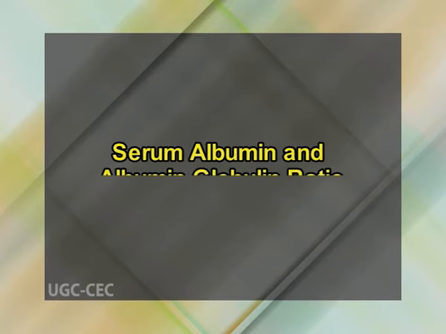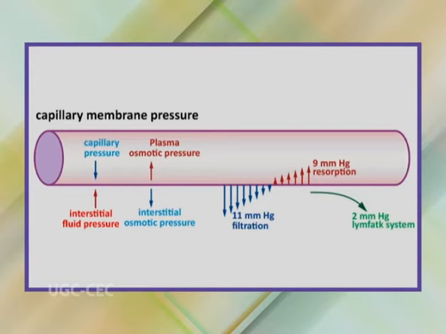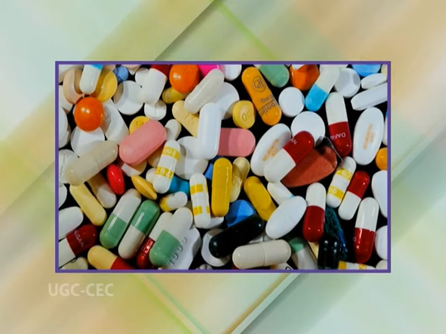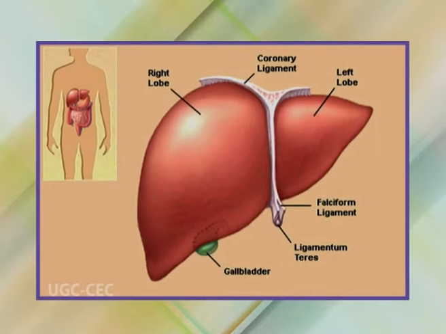Now serum albumin and albumin globulin ratio. Serum albumin is an important serum protein vital for maintaining the plasma oncotic pressure, and it also acts as a carrier for various biological substances and drugs. Serum albumin is exclusively synthesized by the liver, and hence the level of serum albumin gives us a stock of the synthetic ability of the liver. Another cause of fall of serum albumin may be protein malnutrition, but in that case the fall of all serum proteins including globulins will be seen.